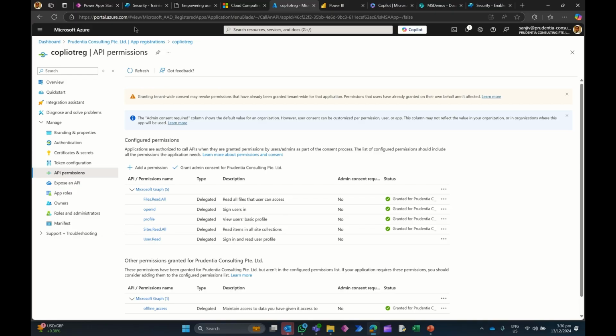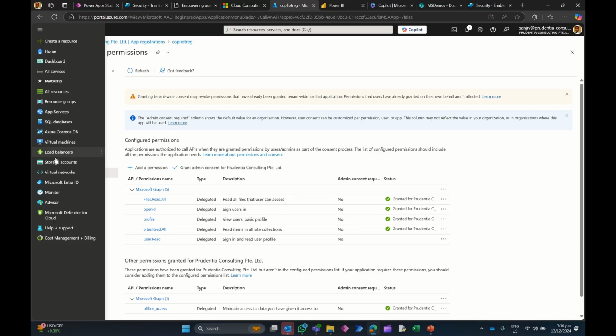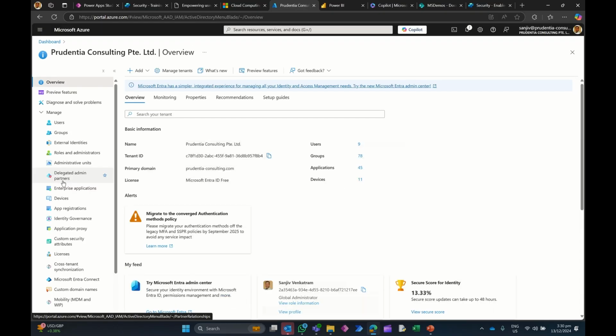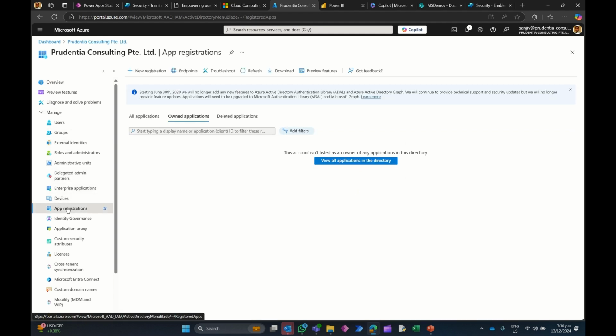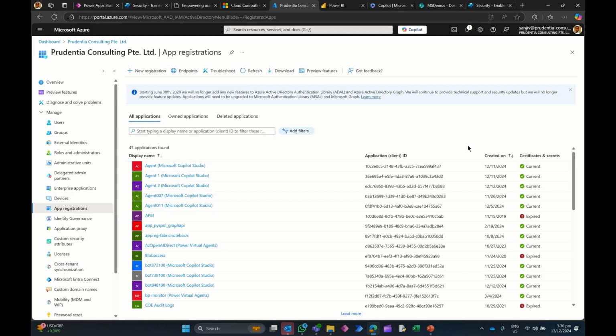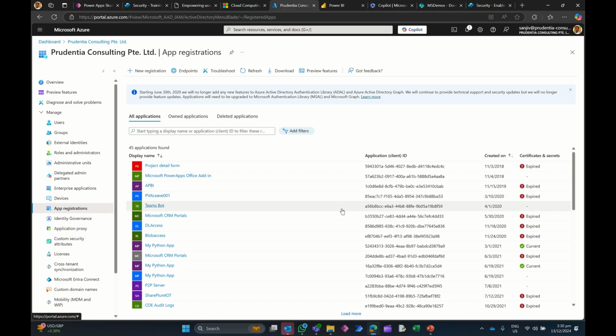So once I go to my Azure, I'm in my Azure portal. I go to the 3 lines here. I'm going to go to Microsoft Entra ID, which is the new name for your Azure Active Directory, right? Once I'm here in my Azure Active Directory, I go to App Registrations. When I go to App Registrations, I've got a whole bunch of applications over here. I'm just going to sort this out. And then I see one